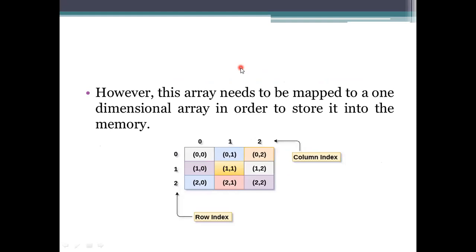So here we took the elements. Here is a 3 by 3 matrix, meaning we have 3 rows and 3 columns. How are we going to store the elements here? The storage of elements is in the 0th row: we take the 0th column, first column and second column elements, and also the first row, the same 0th column, first column and then second column, and then the third row. What we have is 0th, first and second. The index of that is 0, 1, 2, and the next 0, 1, 2 has been specified.